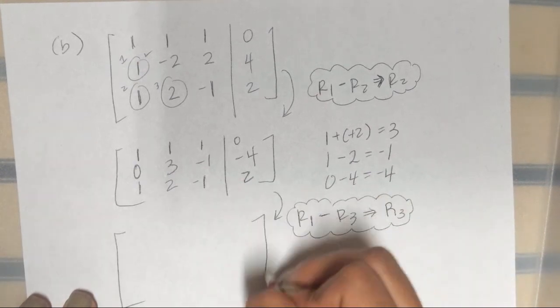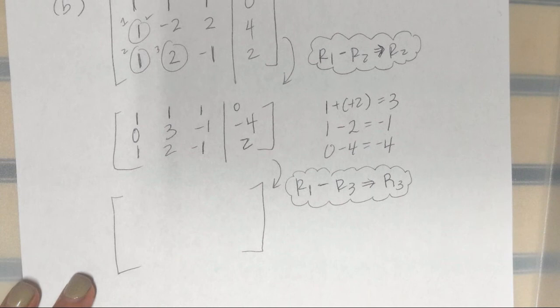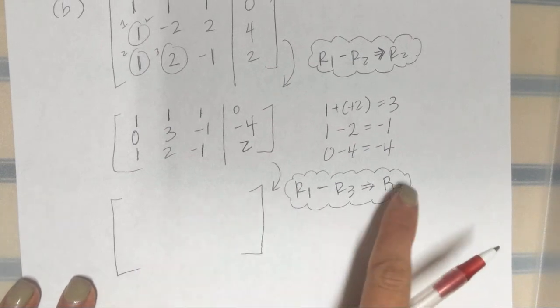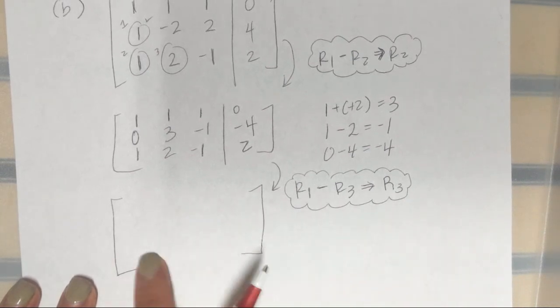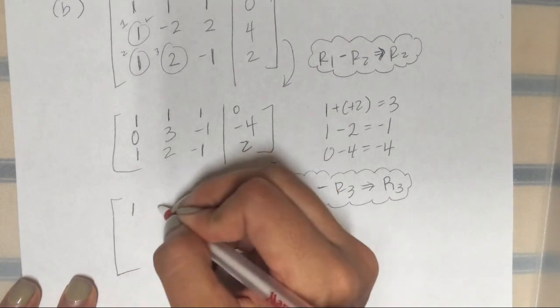Alright, so rewrite my matrix. Skim this up just a little bit. Rewrite what's going to stay the same. So row 3 is what we want to change. So I'm going to rewrite row 1